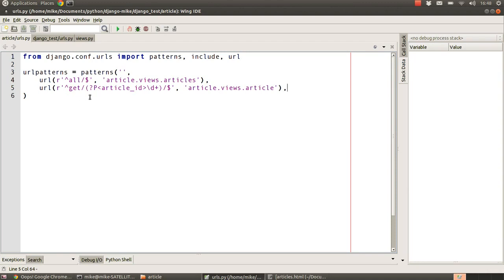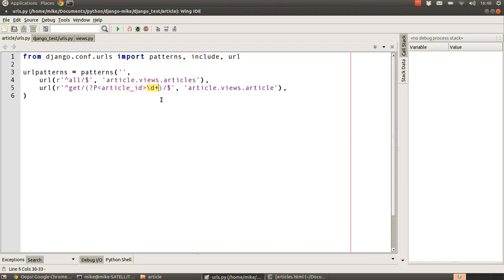But just to give a description of what this means, we're saying there's a URL called get, and it takes a parameter inside these angled brackets called article_id,